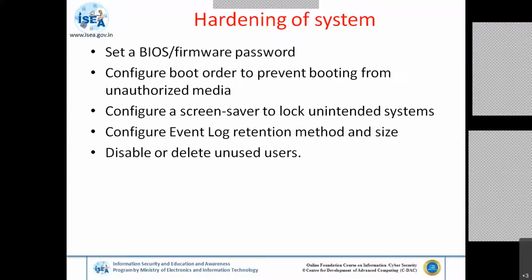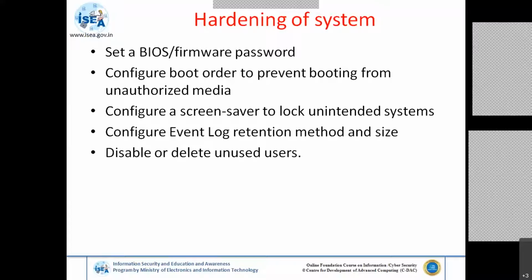Most PCs, when they boot, should always have the first level of booting set to your hard disk. Suppose there is a pen drive with an OS installed on it. If there is a server, I simply take that pen drive, plug it into the server's USB slot, and restart it.